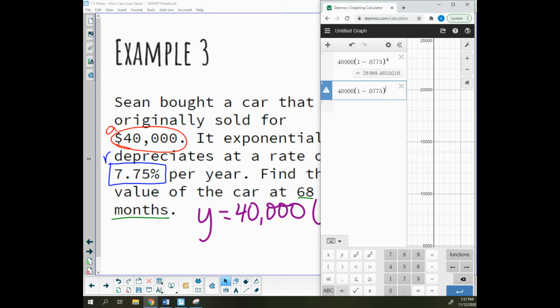Now, instead of just a nice easy 4, we're going to type in 68. That was the number of months, divided by 12. See how I made it look exactly like what I wrote already on the screen? So I can leave that as 68 divided by 12, and I don't need to do anything fancy to it. All right, so the value of the car is going to be